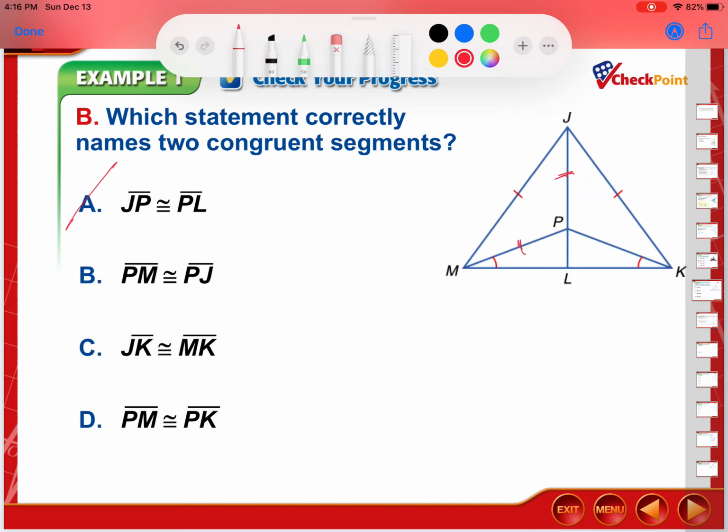And then PM and PJ. PM and PJ, they look pretty similar. So once again, I think this is going to be one of those tricky ones where they're trying to mess with us. I'm going to put a question mark next to it, but I'm fairly confident that's not it either based on the last question. Then we have JK